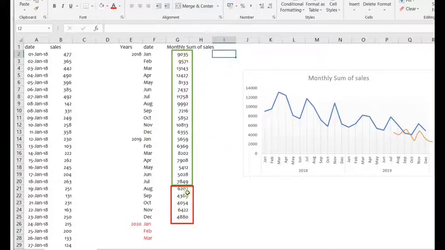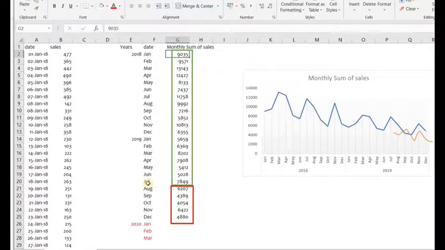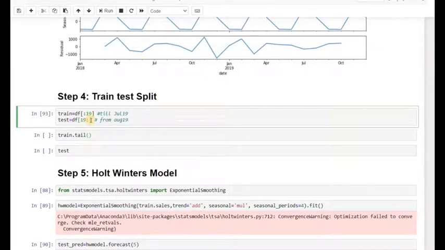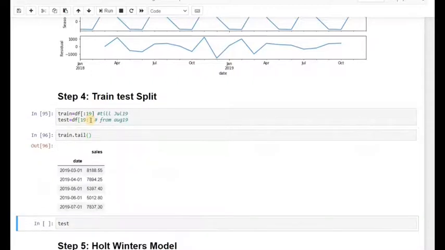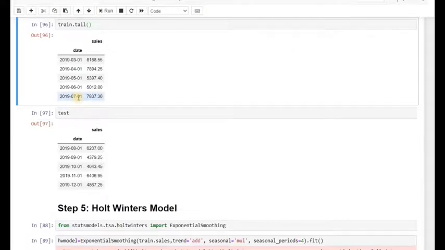So how can we divide that entire data into train and test? We can do that by using simple subsetting. We would mention train equals to df[:19]. That means it would include the 0th month to the 18th month. So the 0th month is January till the 18th month is July. So train will have data up to July 2019. And in test data we would have 19 to end. So it would have August to December 2019. So if we look at the data, train has up to July, and in test we have August to December.